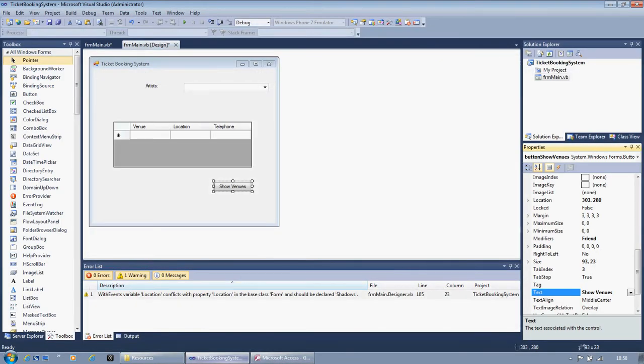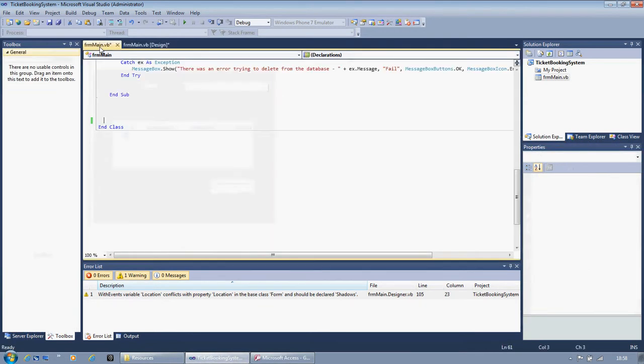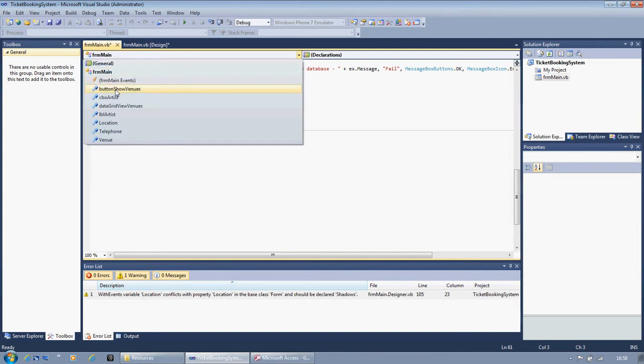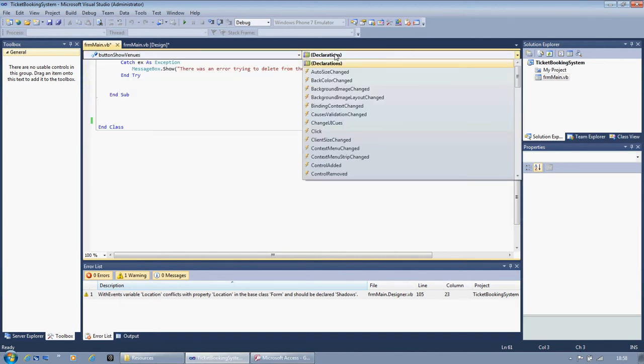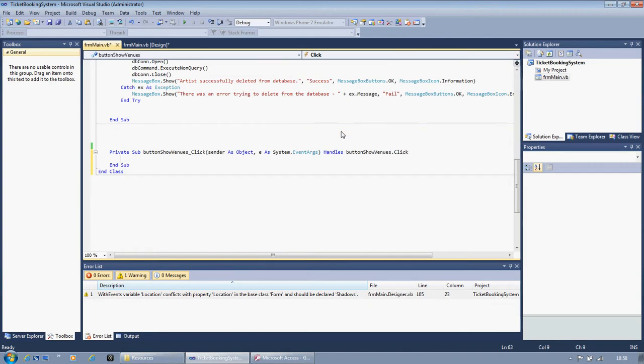Okay, so if I go to form main and I find the button click event, so if I look for the button show venues, then I look for the click event over here, that gives me the code to handle when this button is clicked. So basically in here is where I want to start setting up my SQL, creating my database command, opening my database connection, and executing my command on that database. So just like before,